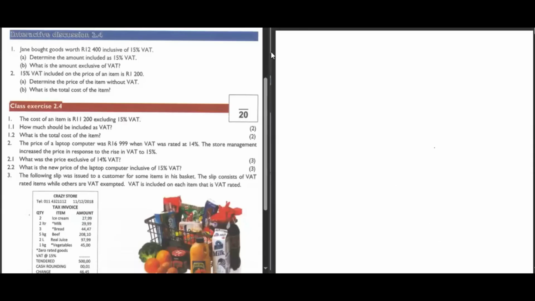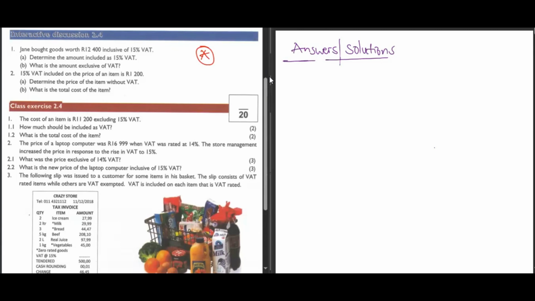Yes, great. Let's take these examples of VAT. We shall be looking at VAT calculations. We shall start with the interactive discussion. As we see, these are our questions, and our answers will be on this other side. All right, these are answers, or someone might call them solutions. Anyway, we look at interactive activity